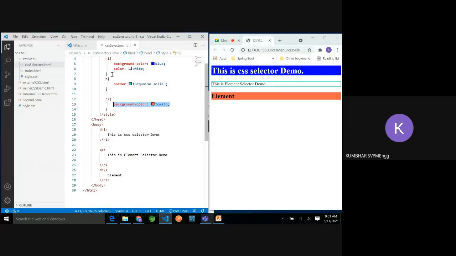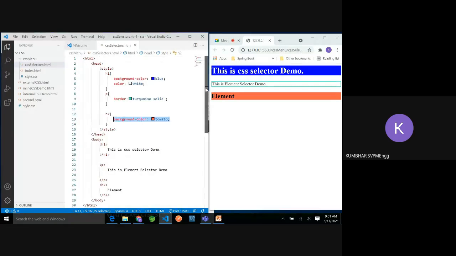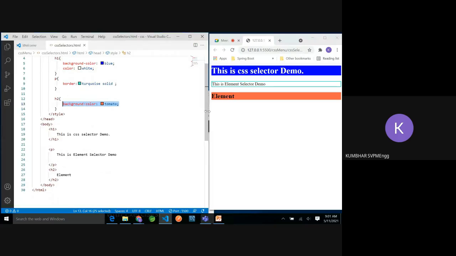Now, three elements are there: H1 element, paragraph element, and H2 element. For H1, I have a different style, for paragraph different, and for H2 different.